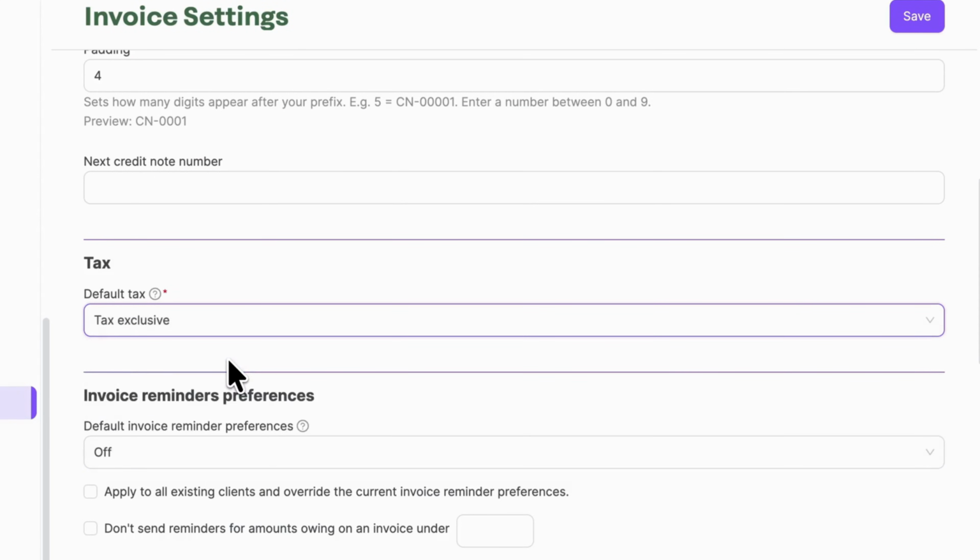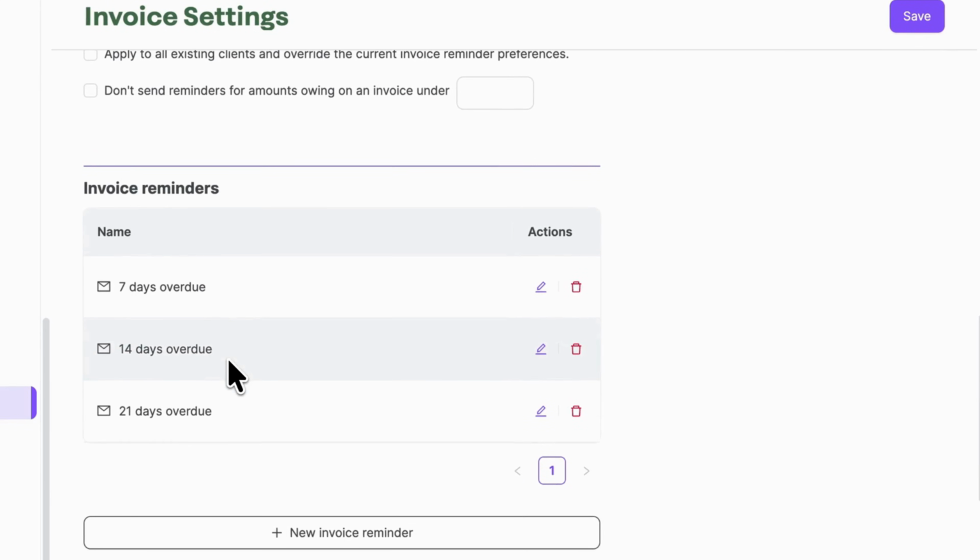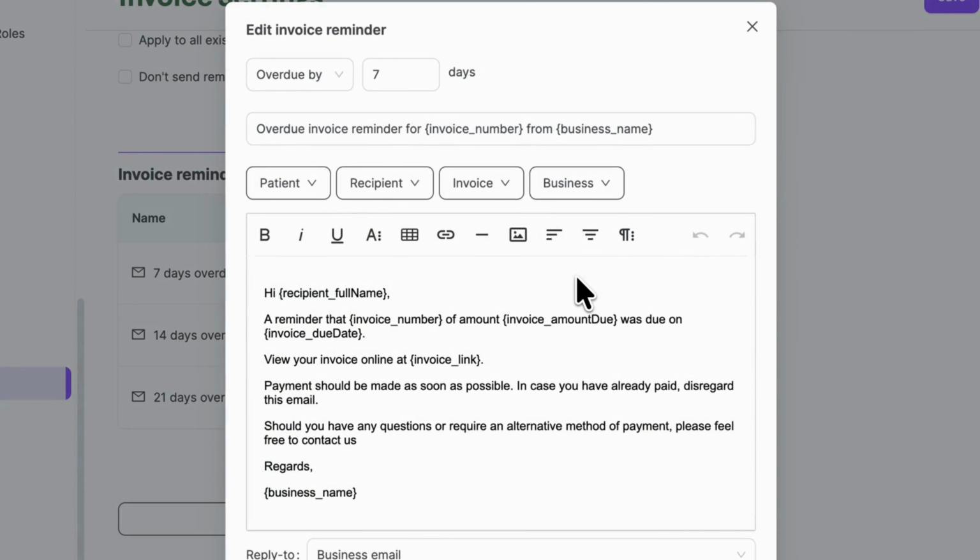Under Invoice Reminders, you can manage the automated communications used to send an invoice to clients. Click the pencil icon to edit the preset invoice reminders. Select if the reminder is for payment being due or overdue, and the amount of days. Edit the email subject line and the content of the invoice reminder, including any placeholders for necessary pre-filled information, such